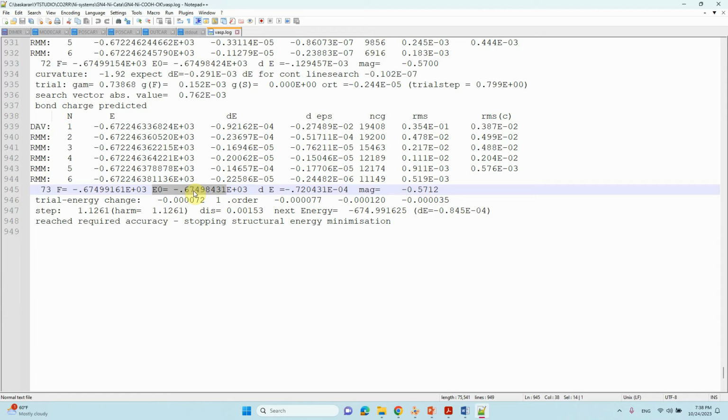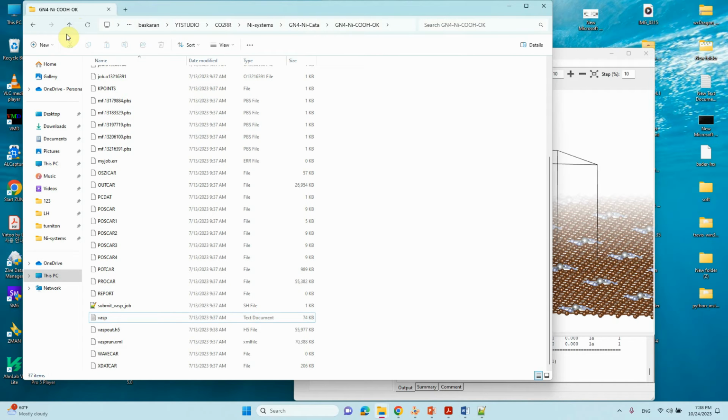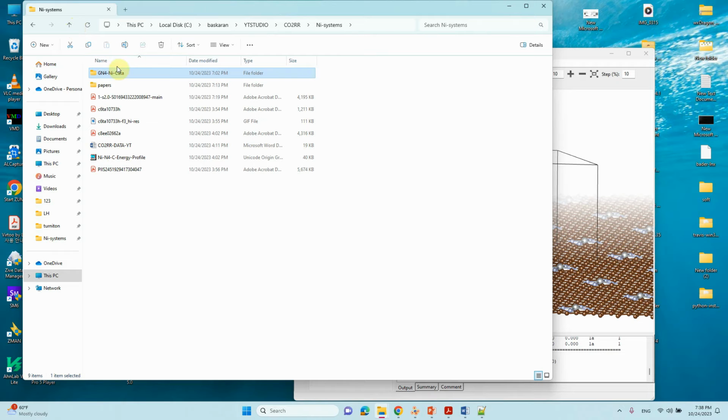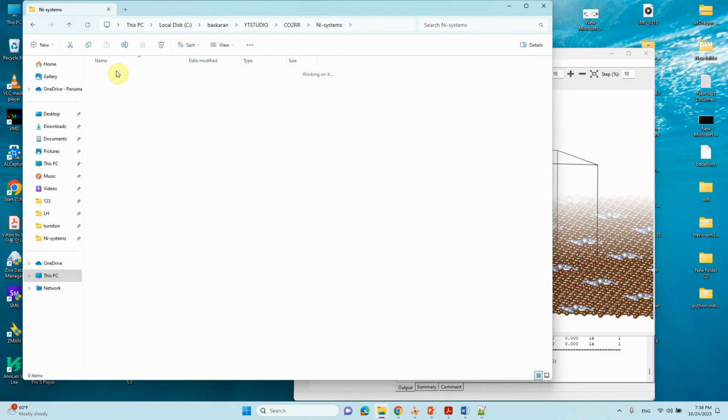Okay, so here that is 674.98431. This is because of 0.3, that's why I mentioned 674.98. So you can copy this value and paste it into your table. Likewise, you can check all the intermediates and take your optimization energy. So then what you have to do,